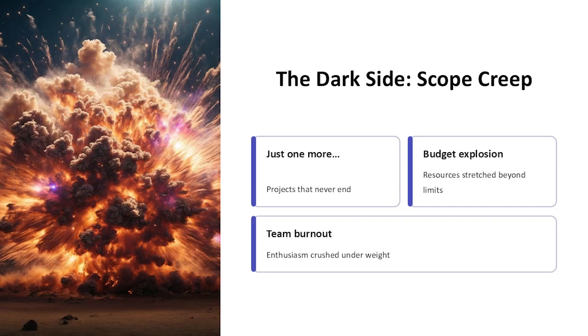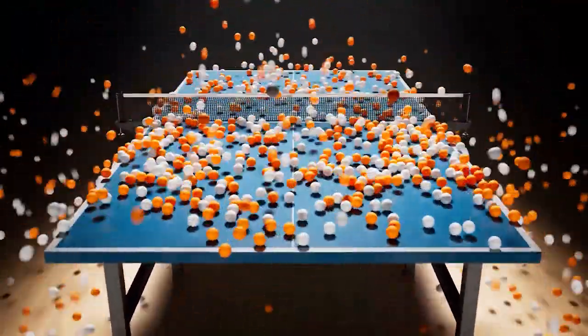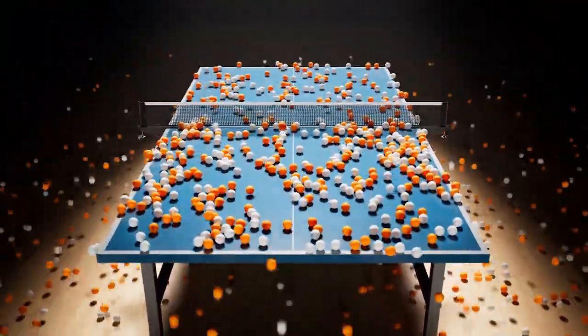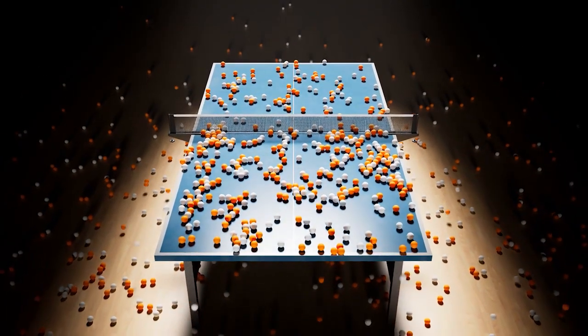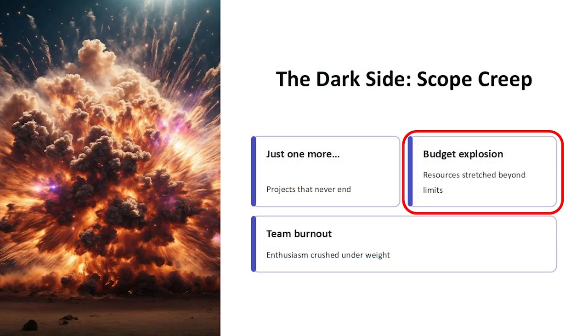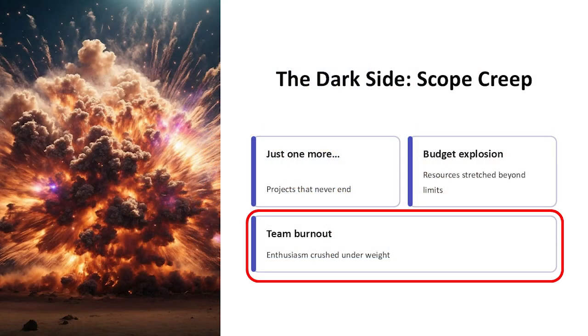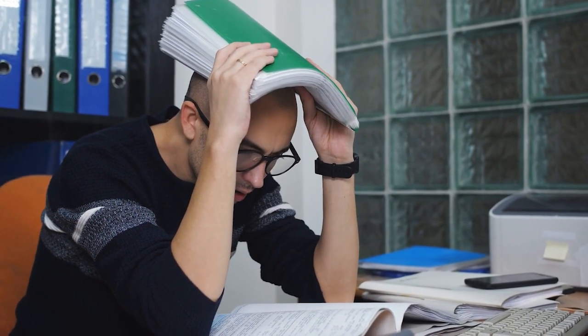Now, let's talk about the dark side, scope creep. If you've ever added just one more feature, and then another, and another, until your project timeline has quadrupled and your design doc looks like a messy novel, congratulations. You've met scope creep. It's the silent killer of so many brilliant ideas. Projects stall, budgets explode, and teams burn out. Or if you're flying solo, your enthusiasm fizzles out under the weight of a game that simply got too big.